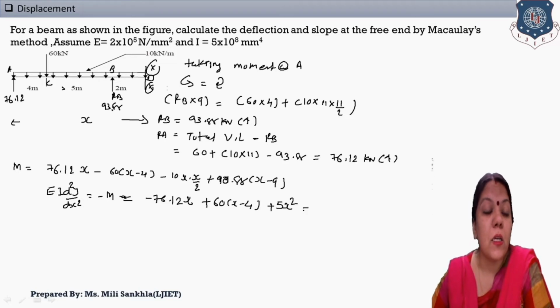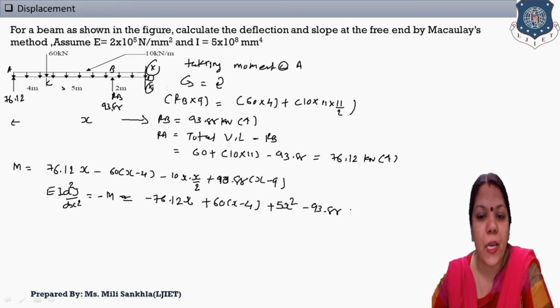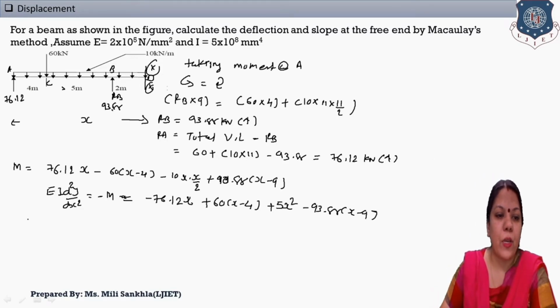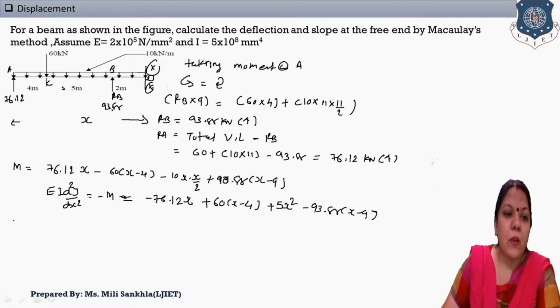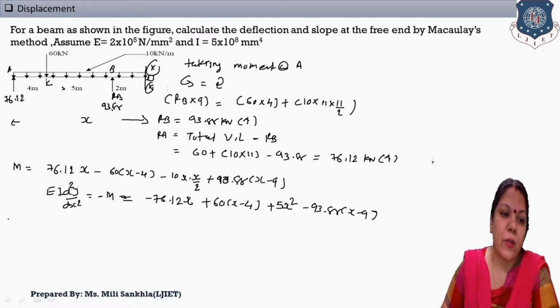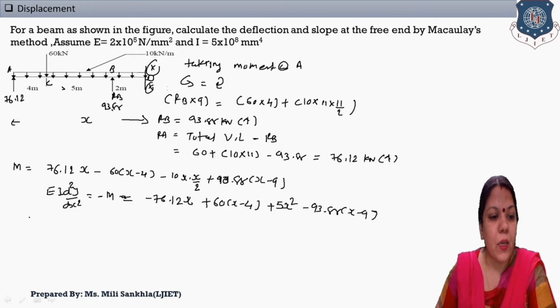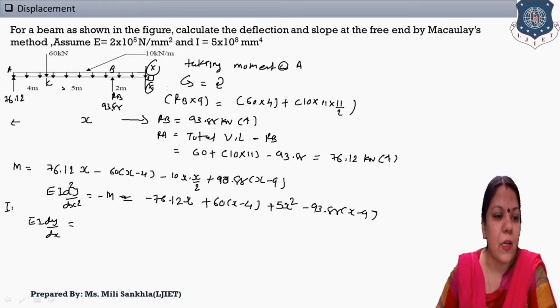Then the support reaction RB is also positive, considered into minus, that is 93.88 (x minus 9). Okay, now in the next step we integrate this term. After integrating EI d²y/dx², the integration gives dy/dx. Right here, we integrate this term, dy/dx, and that is minus